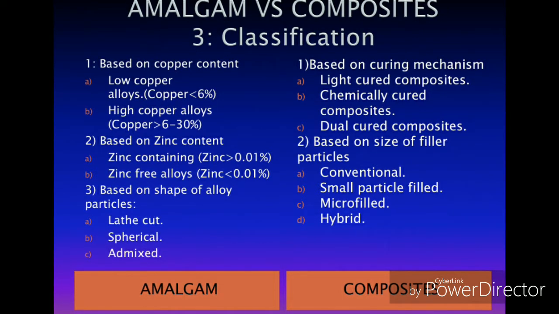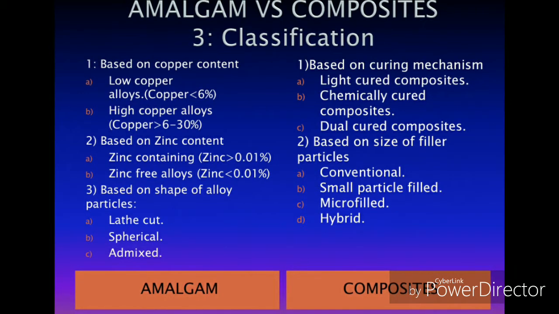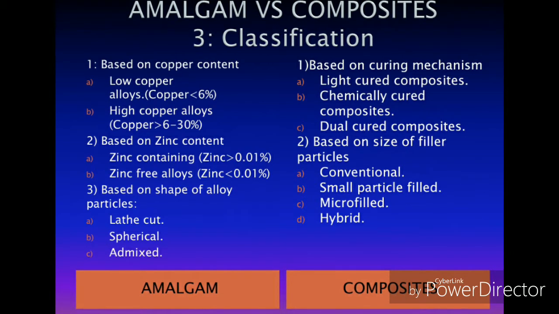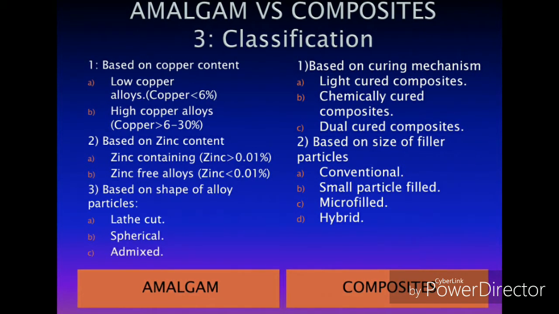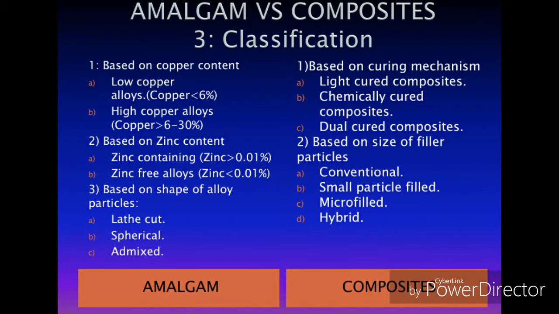Then, based on the shape of the alloy particles, a dental amalgam can either be lathe cut, spherical, or admixed. Lathe cut are irregular particles, whereas sphericals are regularly shaped particles, and admixed is a combination of lathe cut and spherical particles. Now, talking about the classification of dental composites, on the basis of curing, dental composites can either be